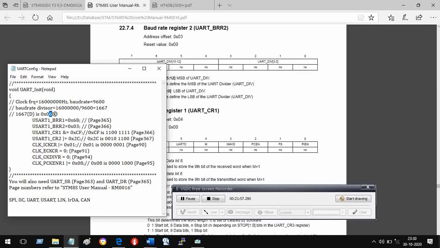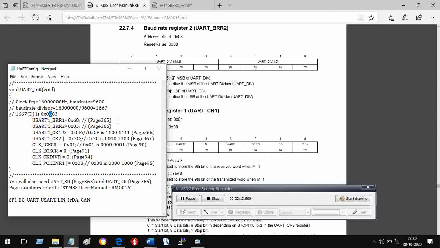So 0 to 3, then 4 to 11, then 12, 13, 14, 15, like this. So the 6, 8 goes to BRR1, and this 0 and this 3 go to BRR2.